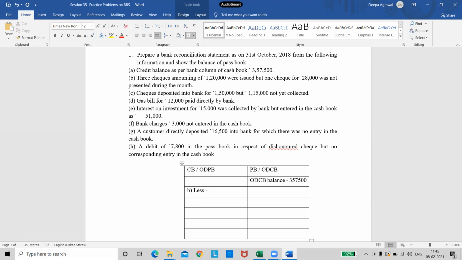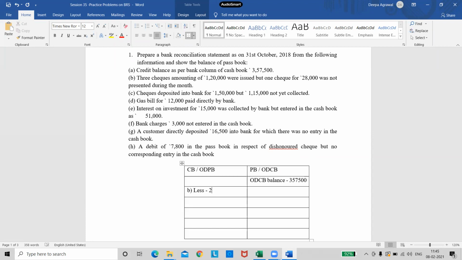Think and tell me. Who will tell me this correctly? By what amount will the balance be different? Tell me. 92,000. Sorry? 92,000. Anyone else? Yes, anyone else would like to answer this? Kiranmai? What do you think the balance would be different by? Anita, will you like to answer? No one else is even trying to answer it.